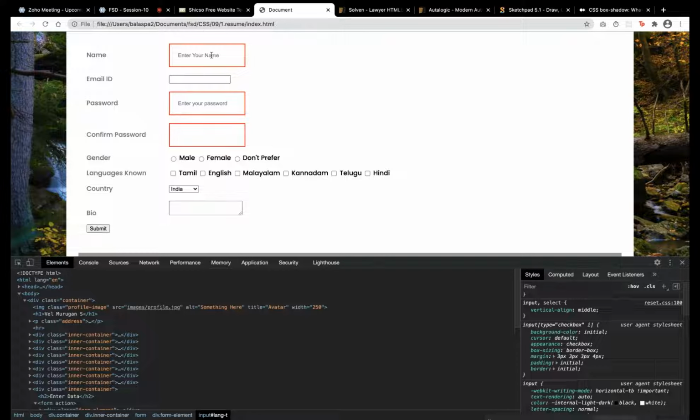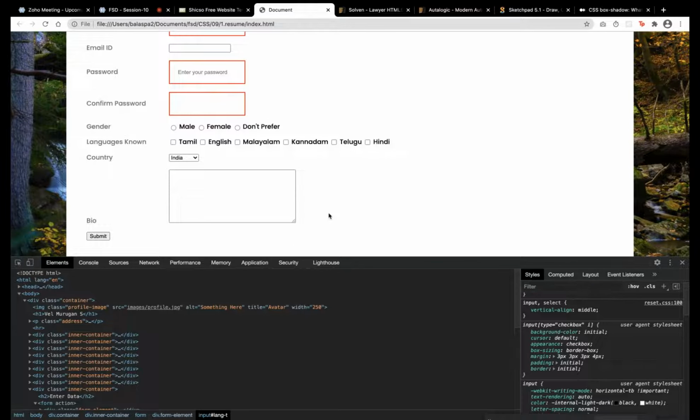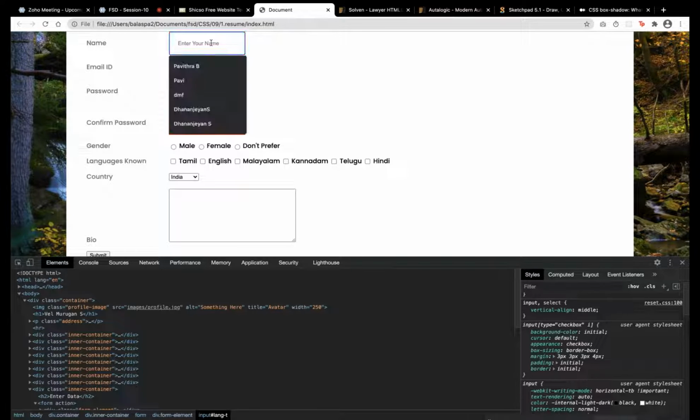Now for all these things we want the same styling. So instead of going for a class, because for the text area I may want a different height, but for the input tag I want small, only 30 pixel of height, and here I want 200 pixel of height.